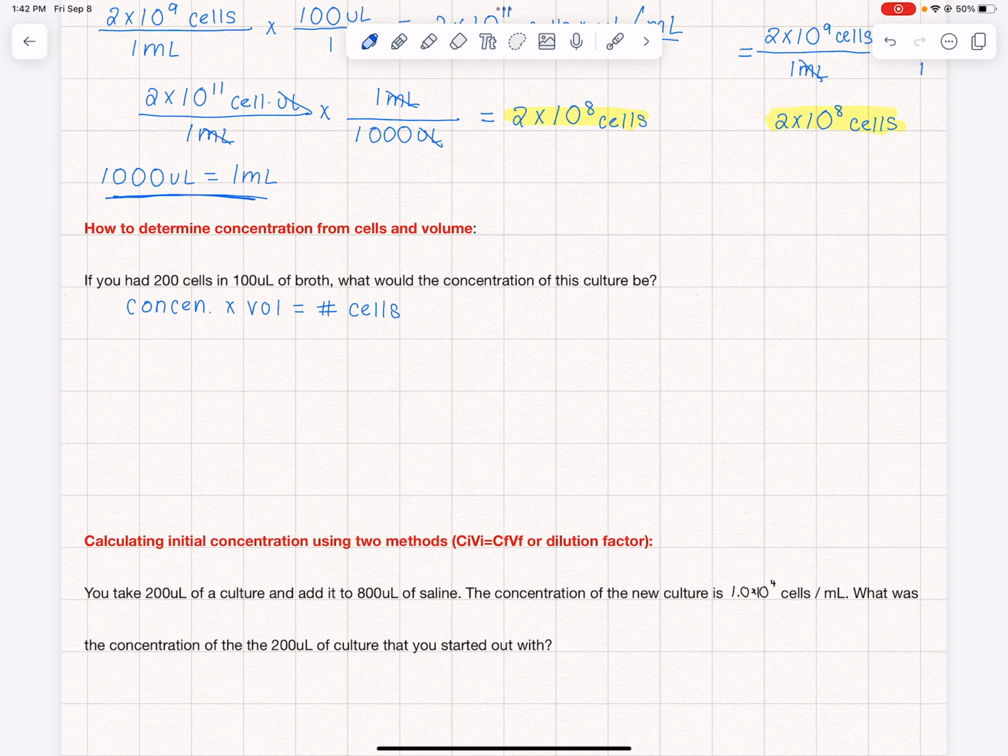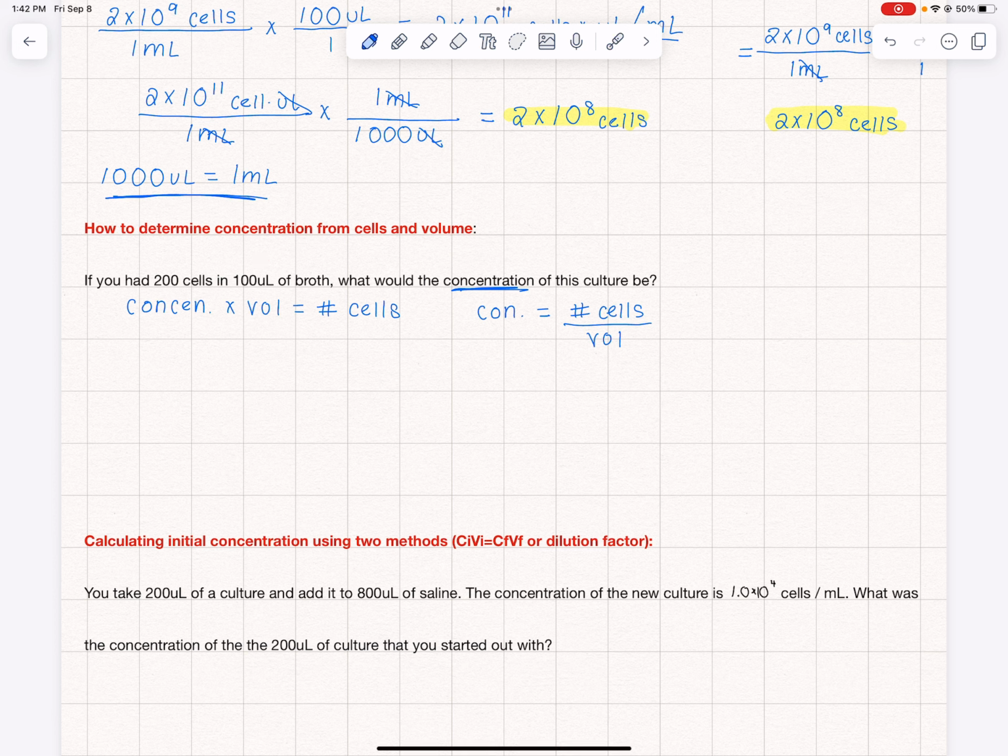And another way to write this equation, in order to isolate for our concentration being equal on one side, would be to say that concentration is equal to our number of cells divided by our volume. Because we are given the number of cells plus the volume of broth or culture that we used, we can